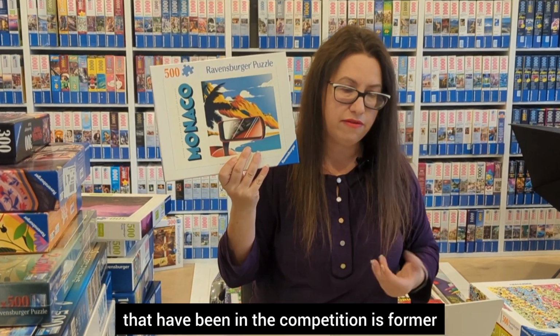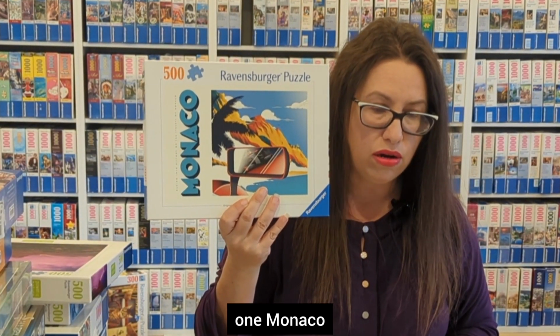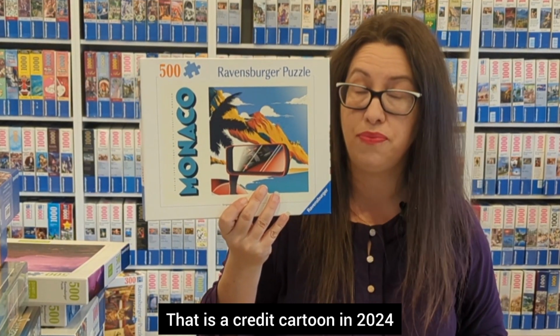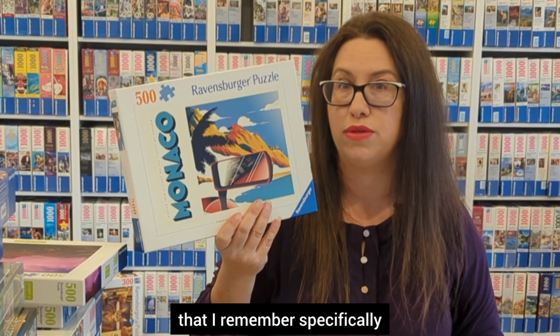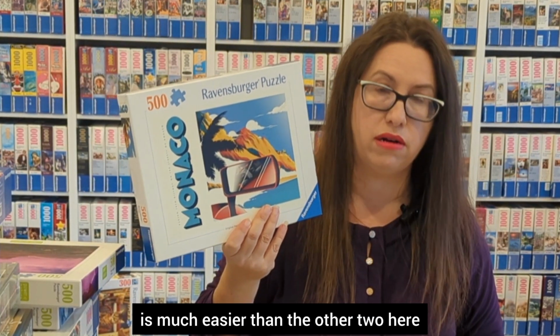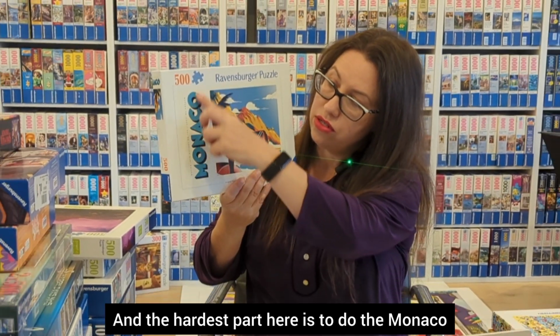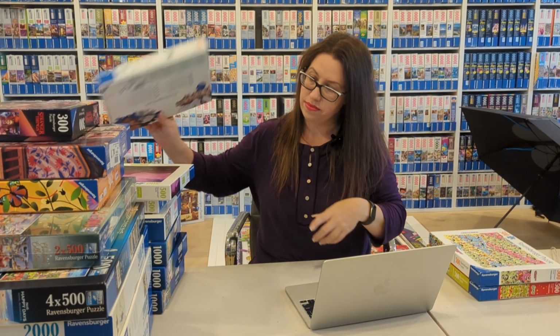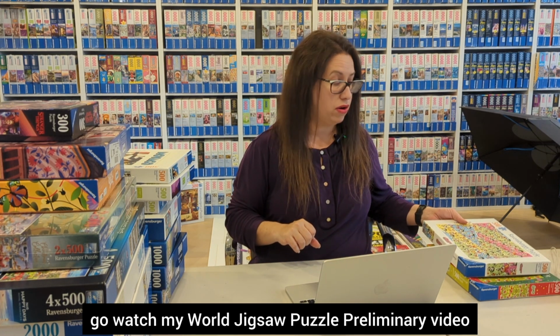And another one that has been in the competition is Formula One Monaco. It is by Alex Silt. That is Crude Cartoon in 2024, and that one was one that I remember specifically that Alejandra did. This puzzle, of course, is much easier than the other two here, but overall, all of them are super cool, and the hardest part here is to do the Monaco. And if you're interested in those puzzles, go watch my World Jigsaw Puzzle preliminary video, and then you can see